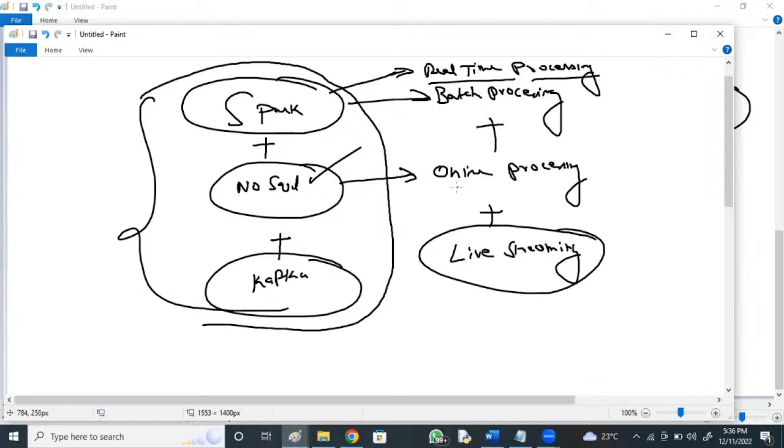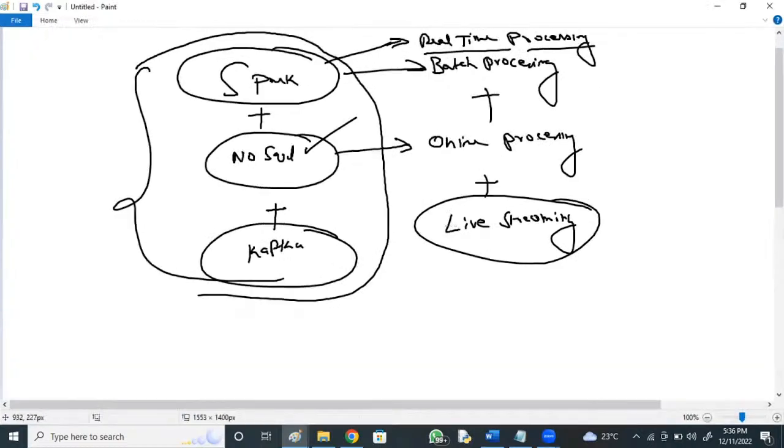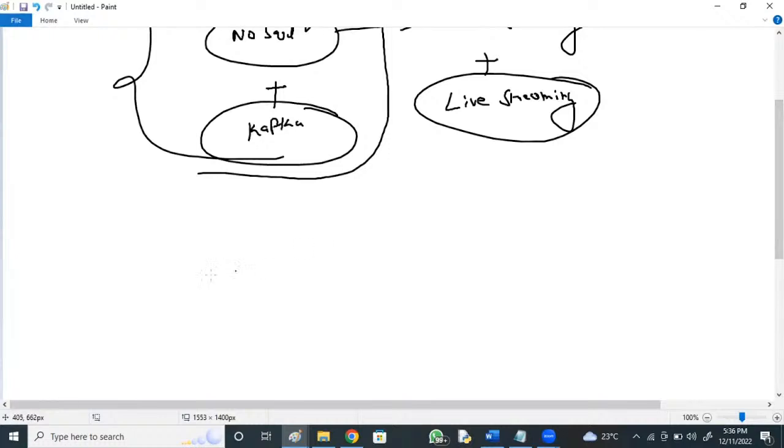Today a fraud happens and it is detected after two days. That is not the case with real-time processing, where Spark can go for real-time processing. For example, if you take Spark and live streaming, if I talk about live streaming data,